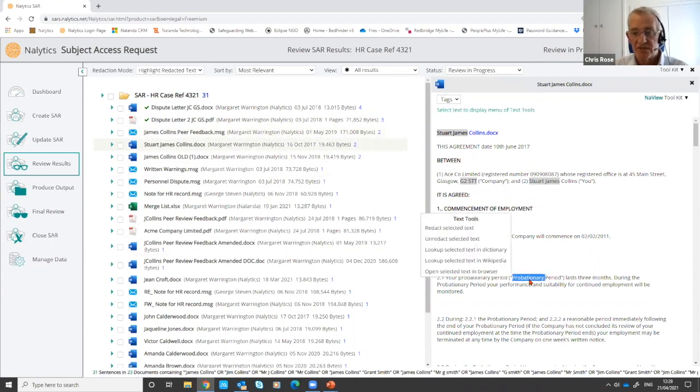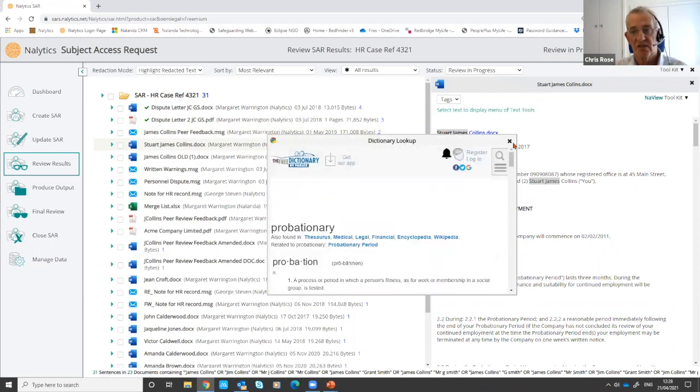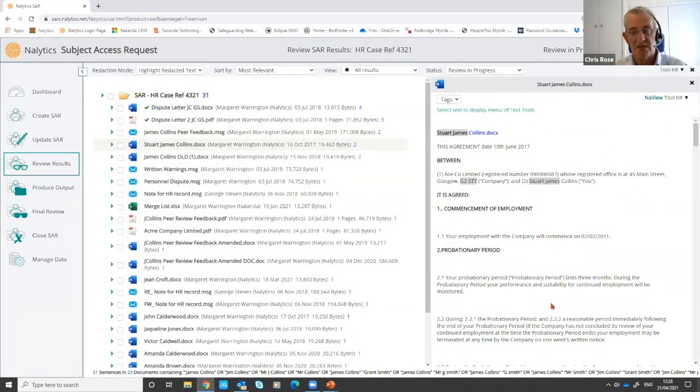If there are words that perhaps I'm not sure what they mean or what the reference is, I'll either look them up in the dictionary or look them up in Wikipedia. So some useful tools that sit alongside the document as I want to work through that particular file type. Any one of these can be pulled up on the screen. I can look at the detail, but once I've gone through all of them, I mark them all as reviewed,